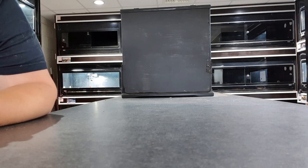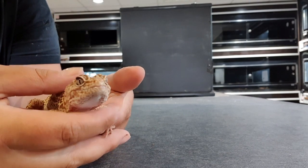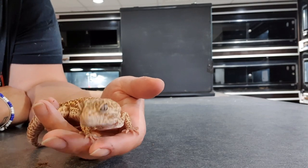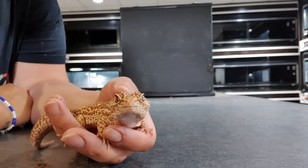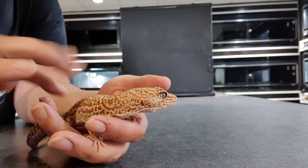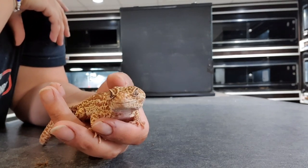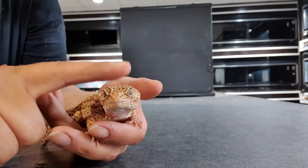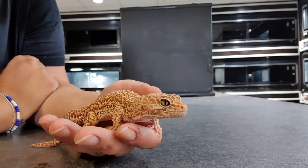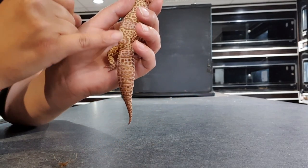Okay, so next we've got something a little bit smaller. You may have seen probably a little bit more of these. And this is one of our little leopard geckos. So they're really small, and actually they make quite good pets if you're wanting to get into lizards. And their skin almost is velvety. I know the camera isn't really showing that well, but it feels like velvet. Now, the one thing with leopard geckos, which you have to be really careful with, is their tails. So you'll see that their tails, I'll just pull them up a little bit, it's a little bit fat,